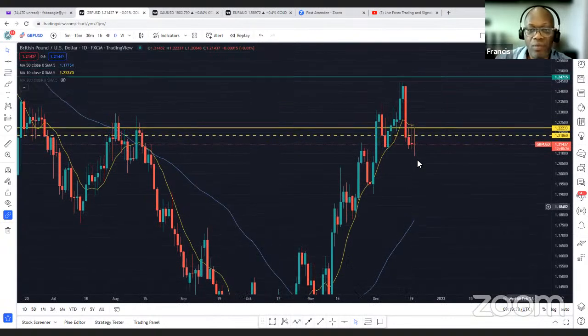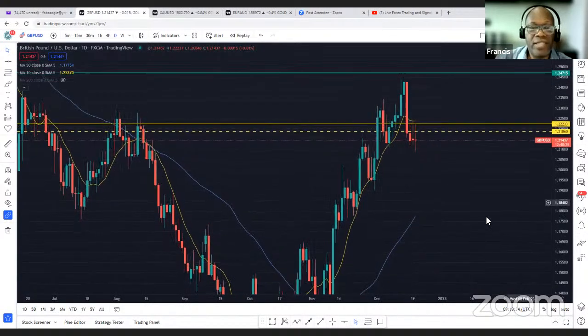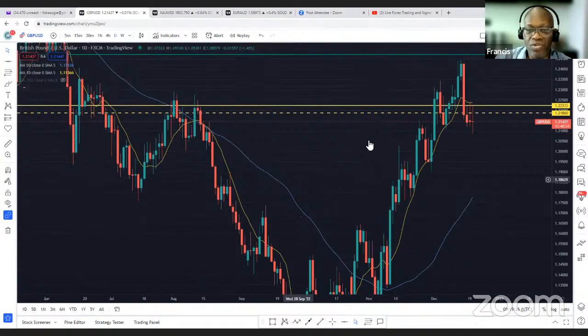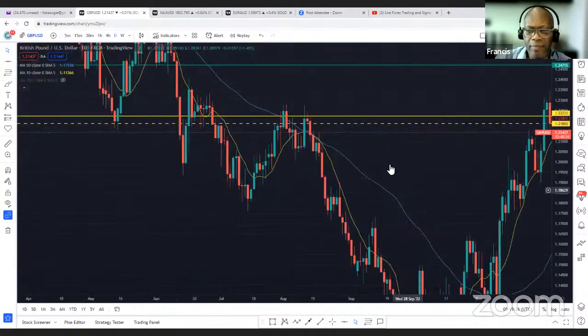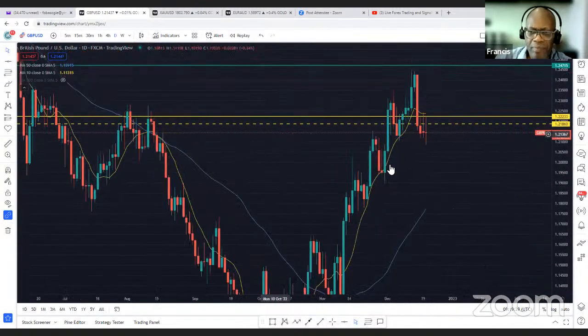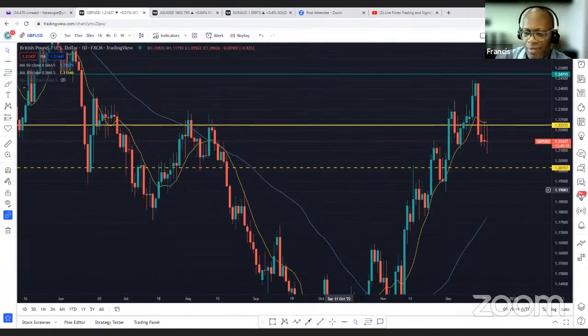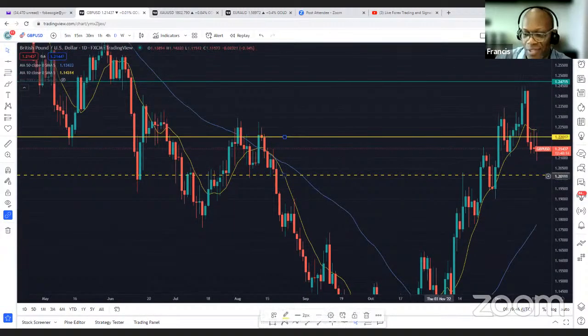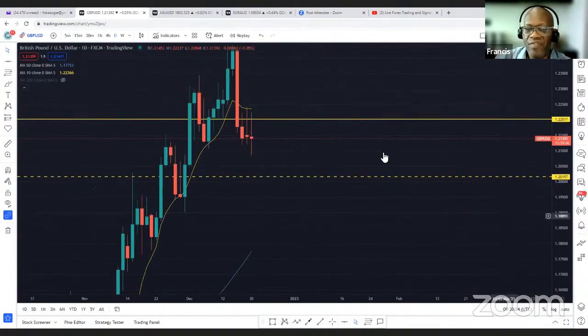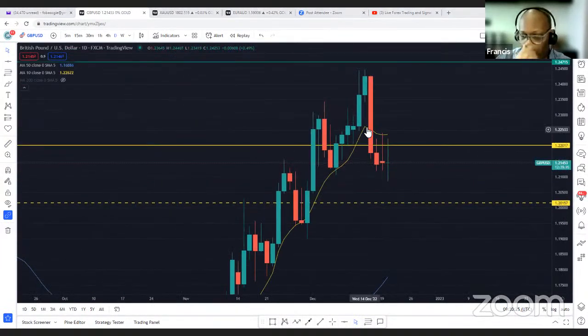Okay, GU has moved quite well today. I mean, this is the daily time frame. You can see what has happened. There was this big drop on that day. Today is Tuesday, I think. Let's see. Yeah, today is Tuesday. So that was Monday, Friday, Thursday. So there was that big drop on Thursday, and it's been